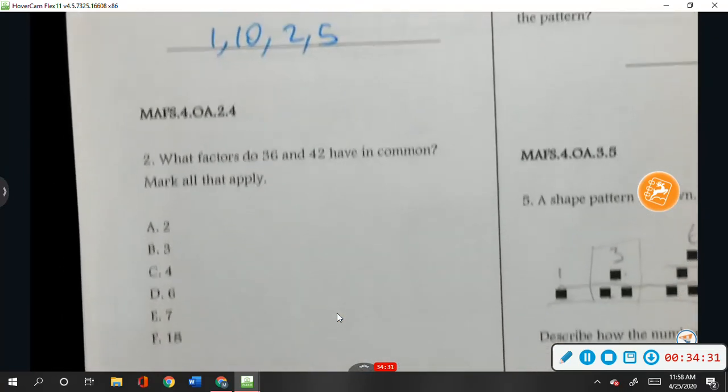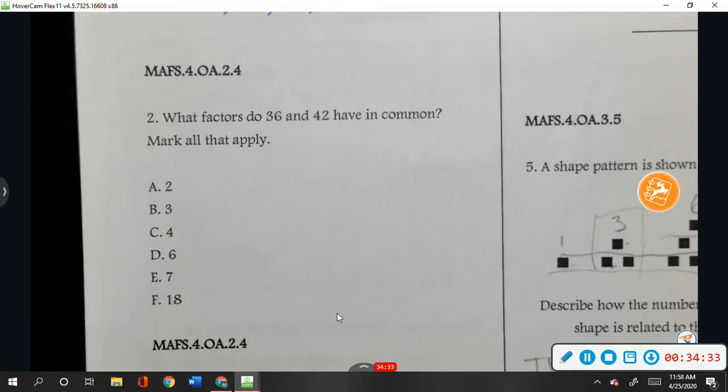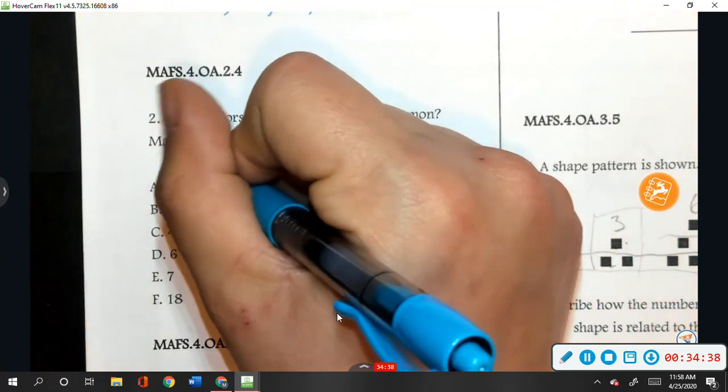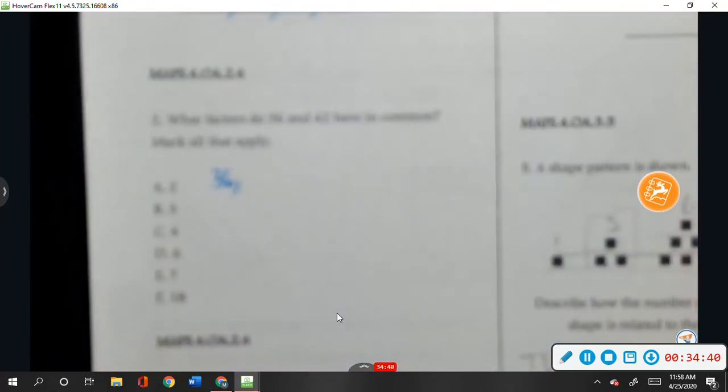What factors do 36 and 42 have in common? Mark all that apply. So we're going to list our factors of 36. We would have,